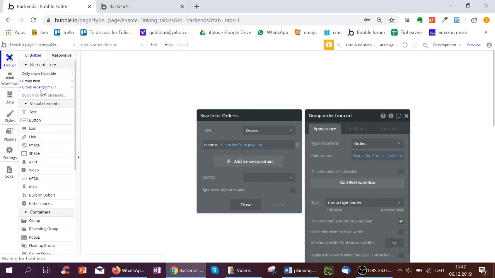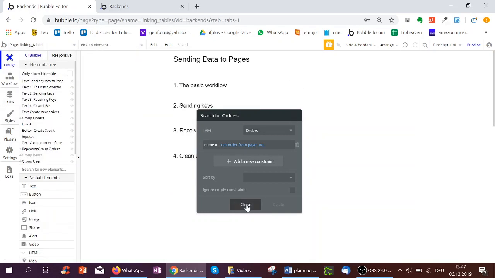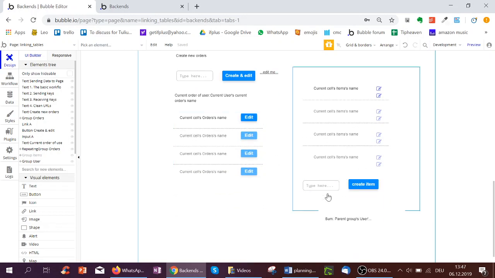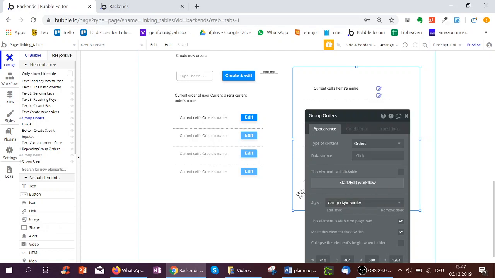If I go to linking tables, before we do that, you may have noticed it's searching for orders with that name or items for that name. What if two items have the same name? Then it would not always find the right one. So we have to do something against this. So what we're going to do for this